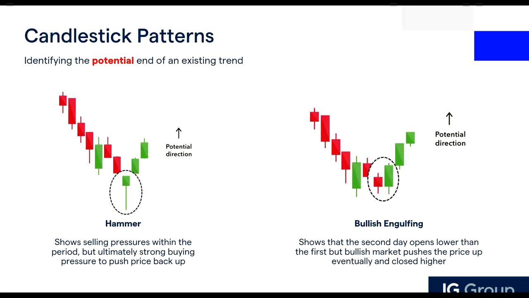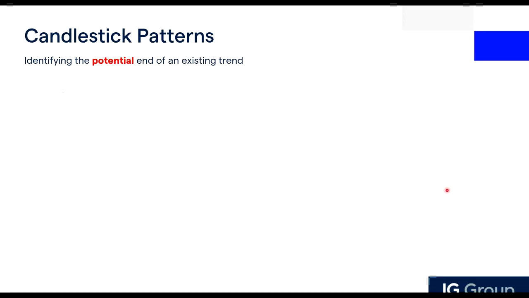Okay, so the next pattern we have here is what we call a bullish engulfing candlestick pattern. The bullish engulfing is formed by two candlesticks. You see there's one here, one here. The first one is a short red candle, and then the next is a larger green candle that completely engulfs the previous candle. What this means is that on the second day, it opens lower than the first, but eventually closes higher. Again, this can be formed anywhere within the chart, but typically when you see this in a downtrend, a trend reversal may be impending. So these are some of the reversal patterns if you use candlesticks.